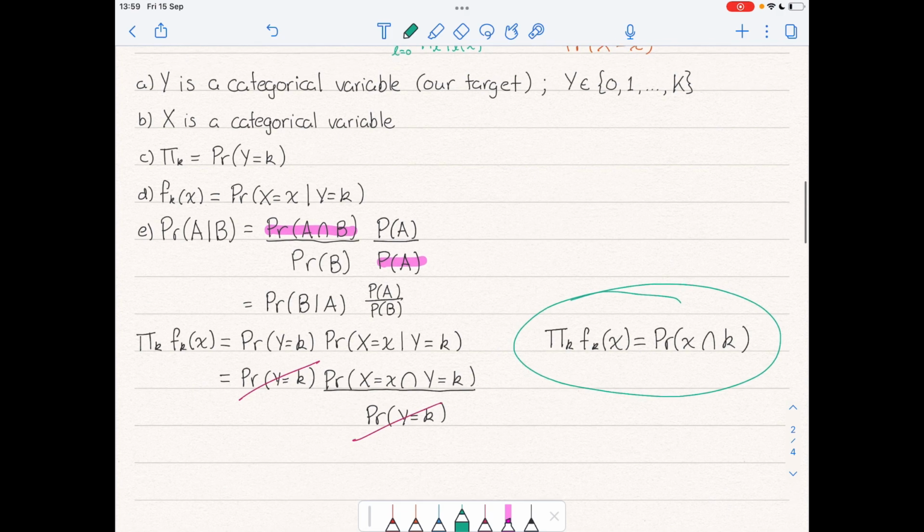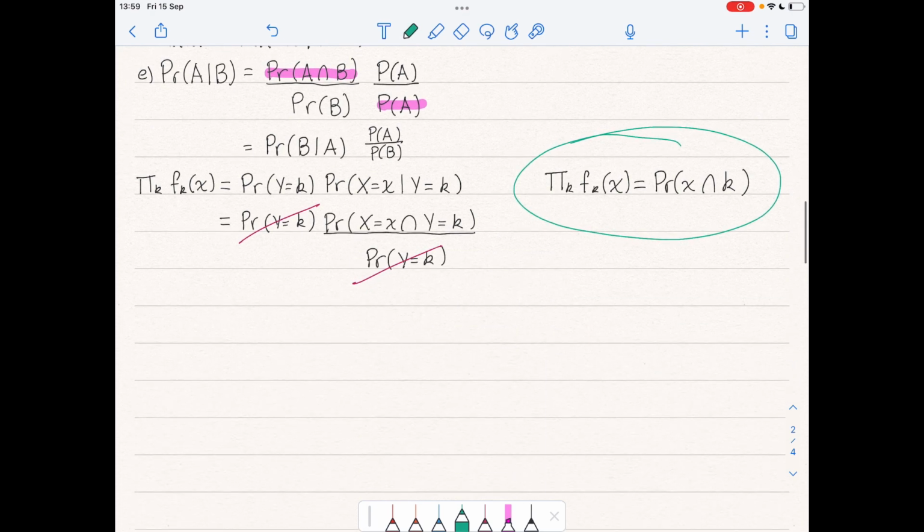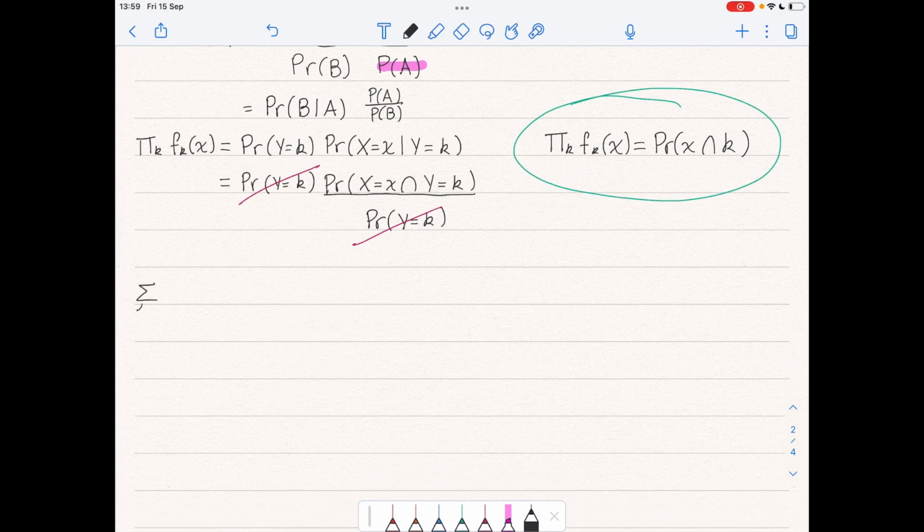So now we know that the numerator is equal to the probability of this intersection, and we only have to understand what this thing at the bottom means. So let's derive that super quick. We have the sum of L equals 0 all the way up to uppercase K of pi sub L, multiplied by f sub L of x, is equal to, and I'm just going to expand this super fast, pi 0 f0 of x plus pi 1 f1 of x plus all the way up to uppercase K, right? Because we have K plus 1 classes, so there's going to be pi sub K f sub K of x,